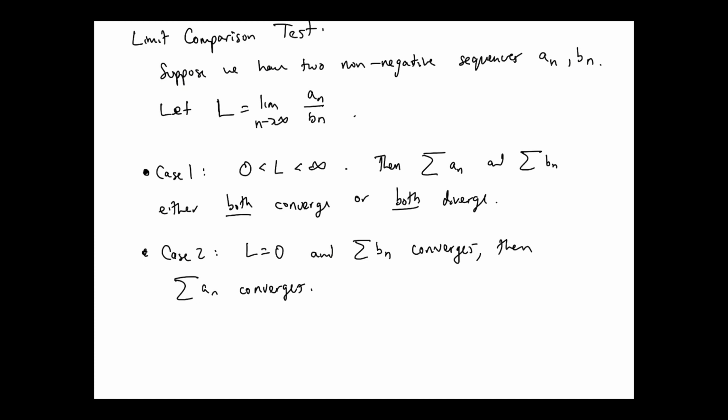But notice that this one requires 2 things. It's not good enough that L equals 0. It has to be L equals 0 and the B sub n series converges. Then you get the other one converging too. And what's the order here? The B sub n sequence is always the dude in the denominator. All right, so that's case 2. What would case 3 be? L equals,